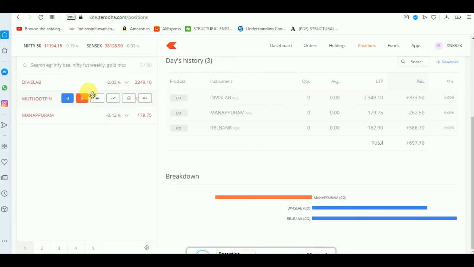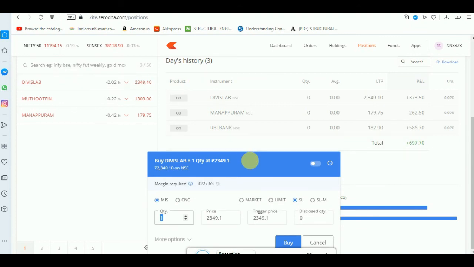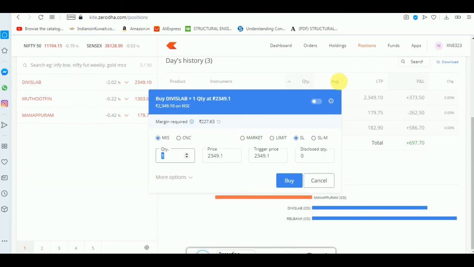Here let me open Divi's Lab. I'm trying to buy this stock. Alright, here you can see this particular dialog box. Earlier you could not see this message in the Kite application, but here also it has been updated. For buying one quantity you may need 227 rupees.